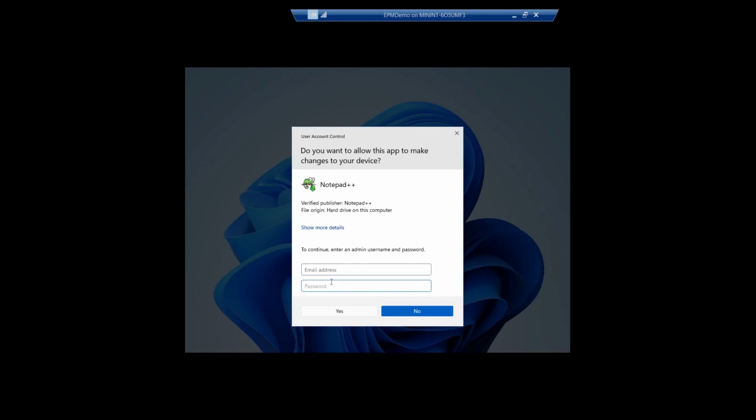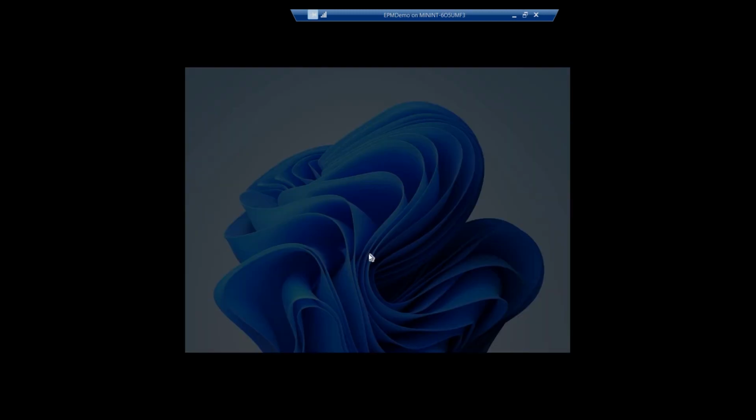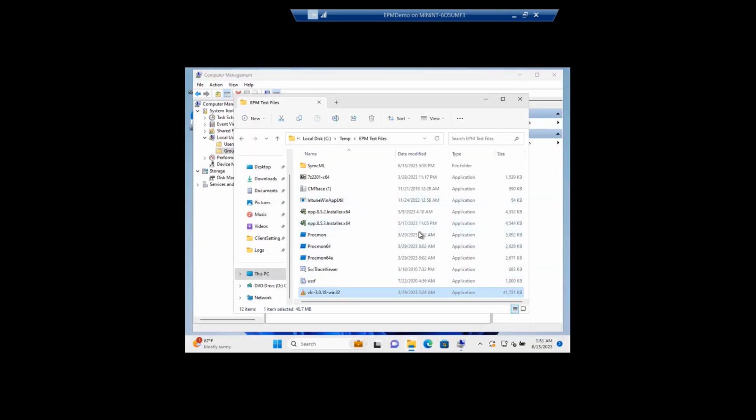And since I'm a standard user, I won't have this. Meaning I won't be able to install Notepad++ or any application. If I try to install VLC Media Player, the same thing happens. I have to enter the admin username and password, which I don't have. Now, once we make the EPM policy, we are going to see how EPM is going to come to